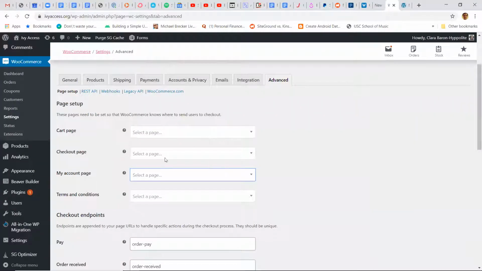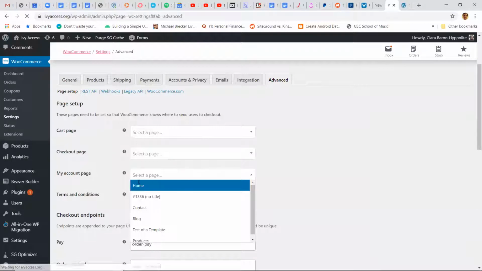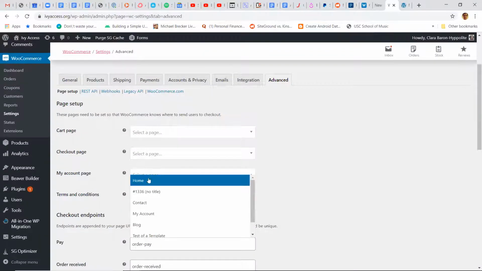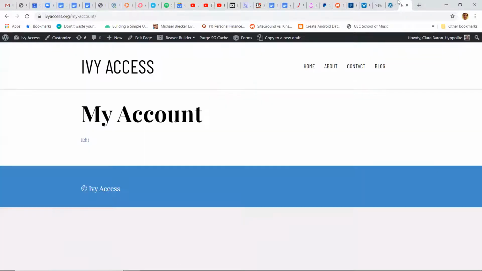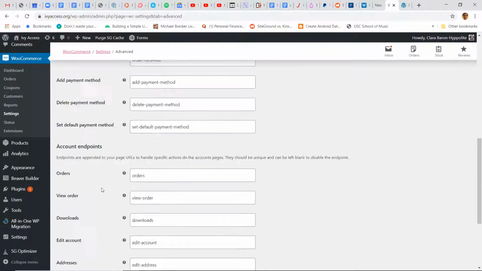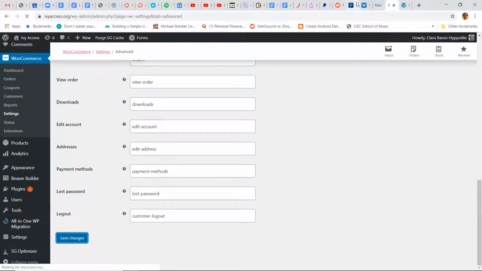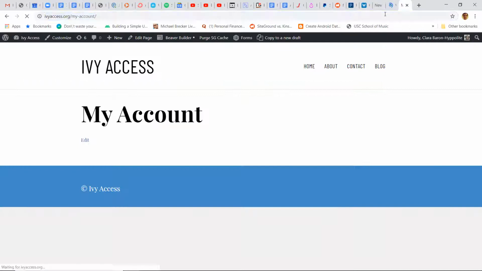But now if I reload this so that it knows about that page, and I set the My Account page, if I tell WooCommerce to look at the My Account page when it wants people to view their account, I believe that should change the behavior of this page.